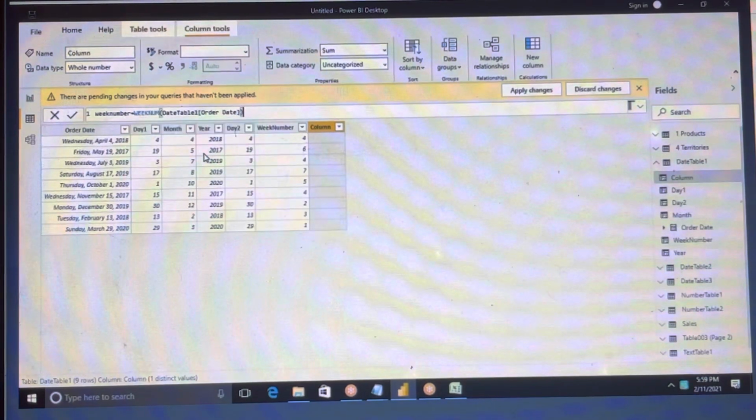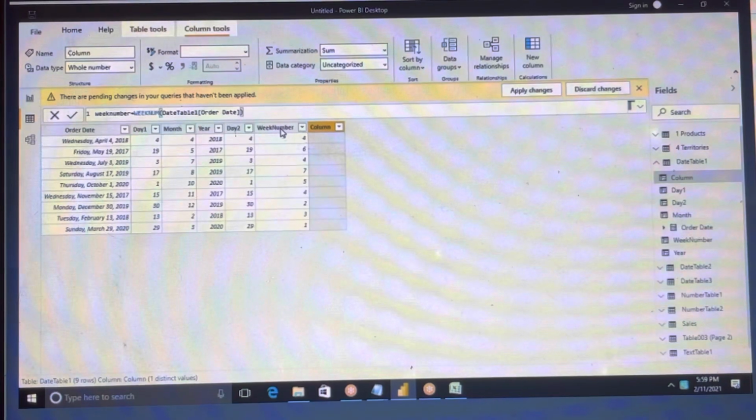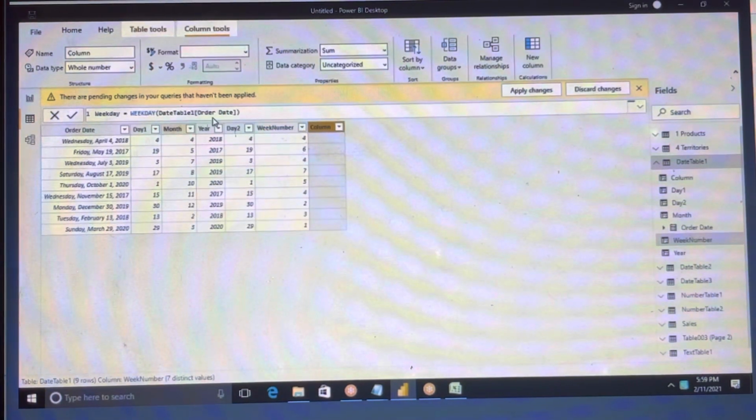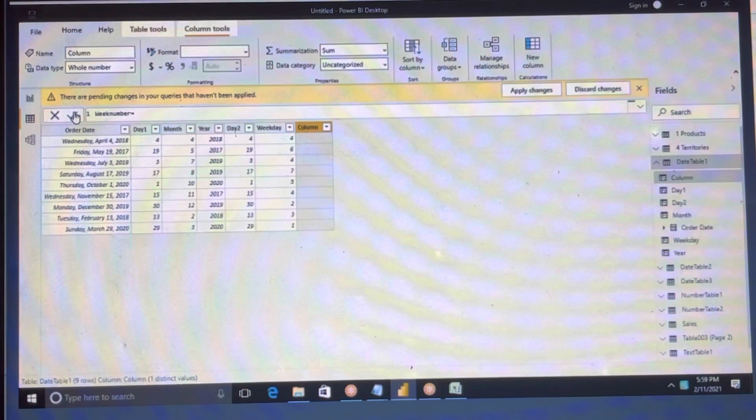Okay, so select here. Either you can click on this arrow mark also. See, the week number, we already have it. Previously we have taken this one, not week number. This is a weekday. You can rename it. Here you can use week number. You cannot use a duplicate column when you are doing some calculations.